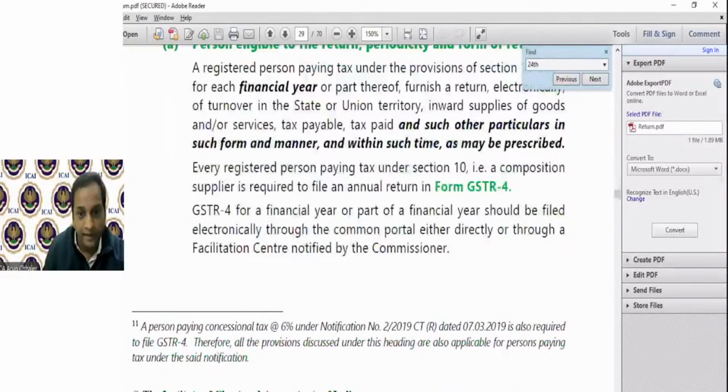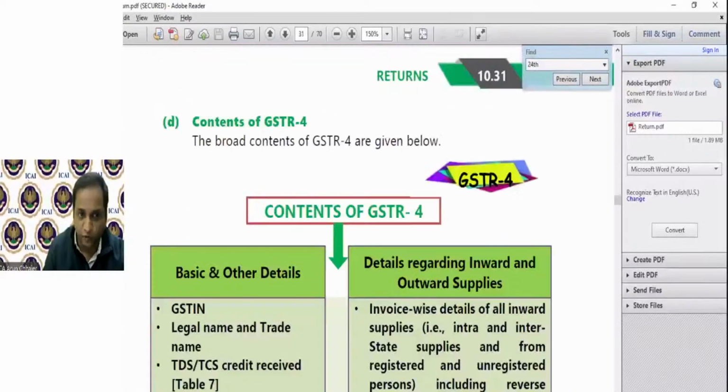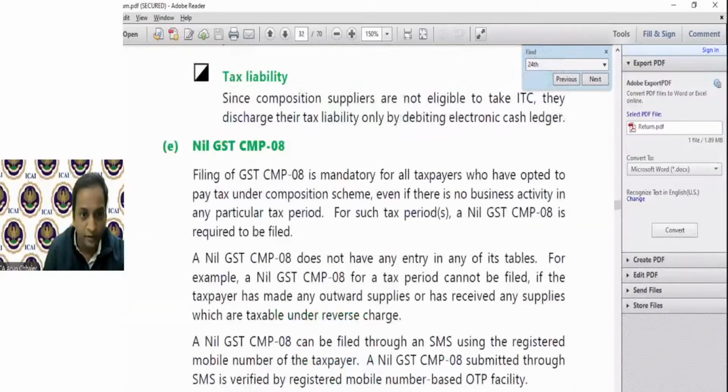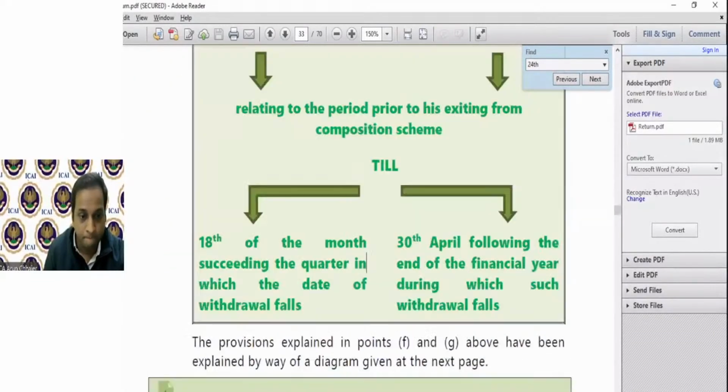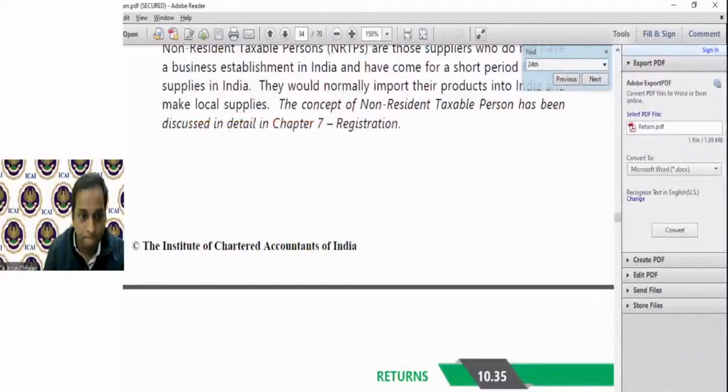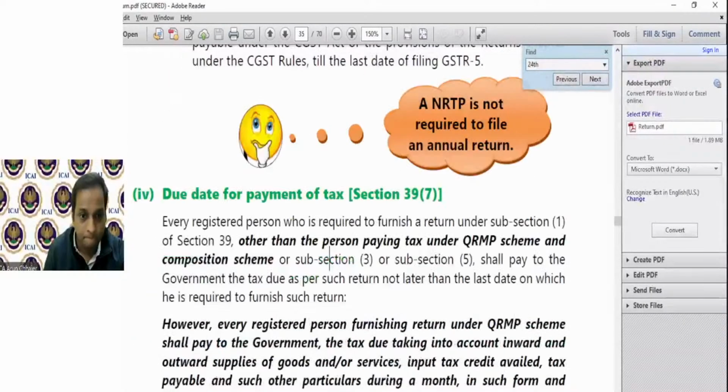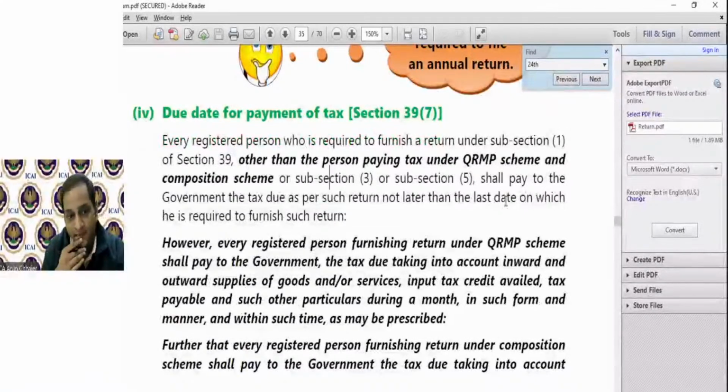अब मैं GSTR 4 पे अभी नहीं जाऊंगा, CMP 8 पर भी नहीं जाऊंगा। इस पे आते हैं, ड्यू डेट फॉर पेमेंट ऑफ टैक्सेस।